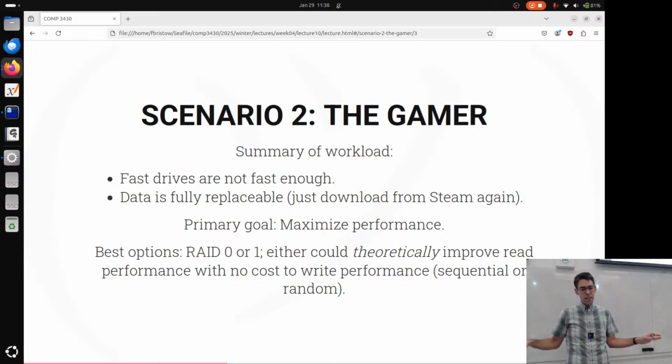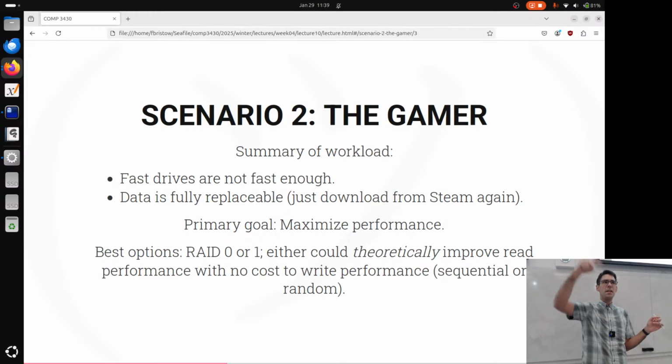For a random workload, where I'm rapidly moving between different places in this open world game, loading the assets might be spread across many different drives. The RAID controller could theoretically respond to many different requests for random data in parallel. In practice, it's going to be as fast as the fastest drive.